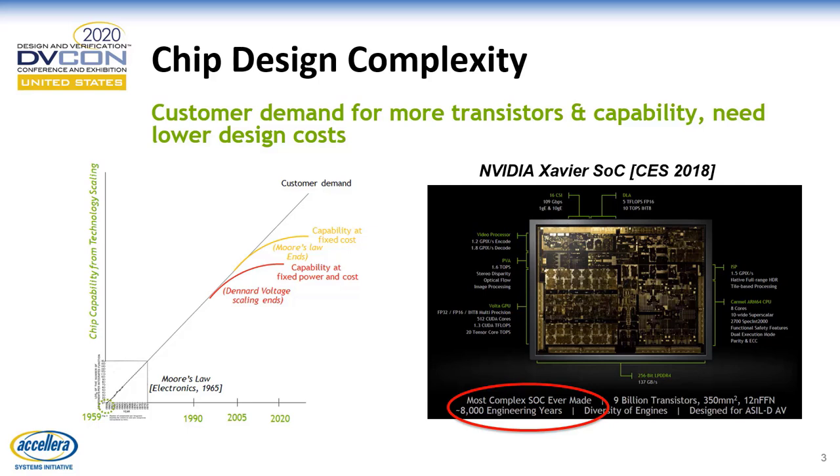So the primary goal for considering a high-level synthesis-based approach is the continuous increase in chip design complexity. If we take that example of NVIDIA's Xavier SoC that was announced in 2018, it has about 9 billion transistors, and it has an 8-core processor, a GPU, and several accelerators for vision, video processing, deep learning, etc. It was arguably one of the most complex SoCs in 2018, and it took about 8,000 engineering years to design